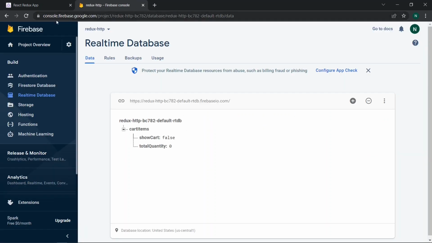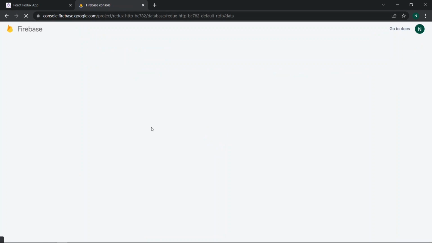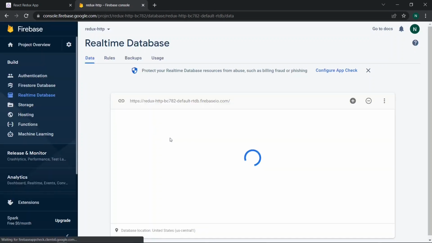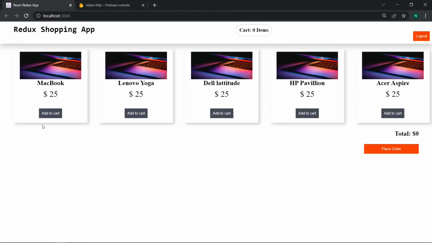So now you will see the Redux state has empty items. The array is empty. So we have to check if the array is still there or not. Then you will see now we don't have anything inside that. So if I now just add something to the cart, add to cart, then you will see the